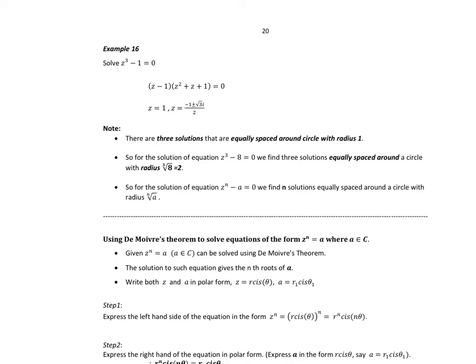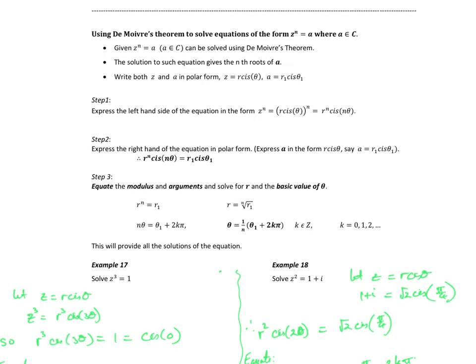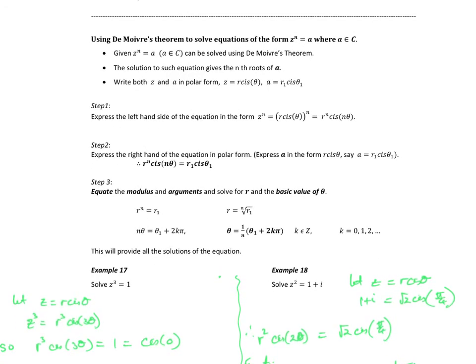As I said, z cubed minus 1 is a difference of cubes, and we could certainly look to solve it like that. But I truly believe that once you get to anything cubic or greater, we might go to use de Moivre's theorem to solve, okay? And we've looked at how de Moivre's theorem helps us to simplify complex numbers raised to a power, so that any